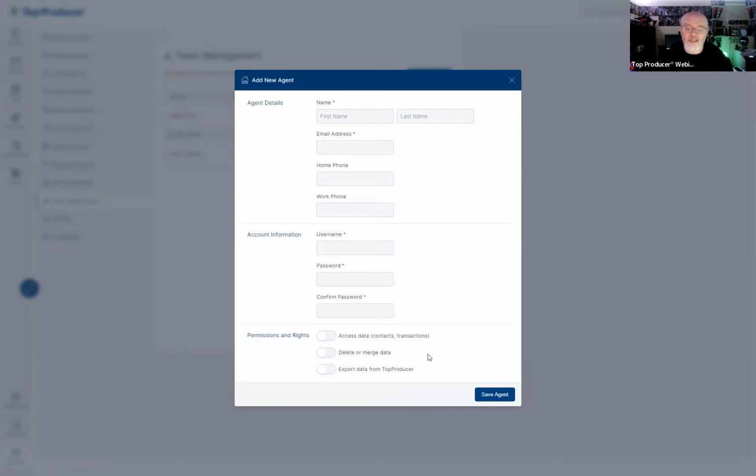The reason for that is if something gets deleted in Top Producer, just assume it's gone. We do such a secure deletion that we try to make it so that nothing can be recovered. Now, we have in the past had success in recovery, but there is no guarantee. So keep this to your admins and the main user.